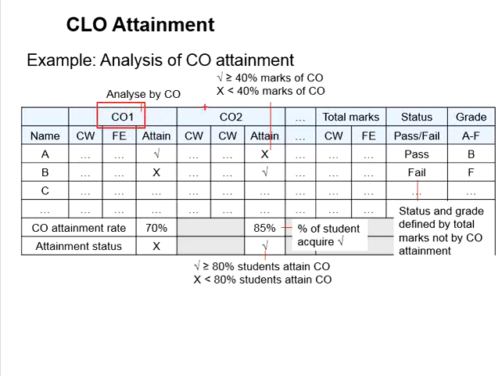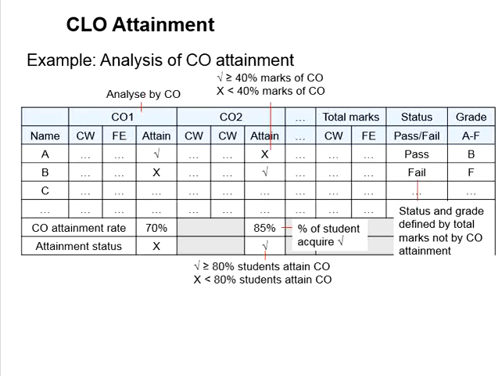Taking this CO1 and CO2 as an example, CO2 performed better than CO1. Now we have a relative comparison in terms of the good performance and the poor performer. From there, we can propose CQI in order to improve the delivery so that CO1 will be more effectively delivered